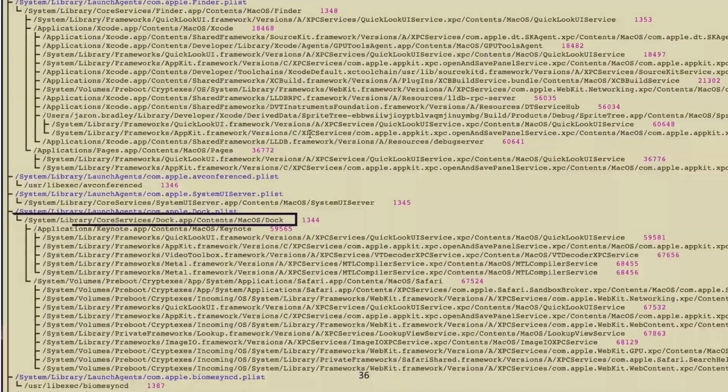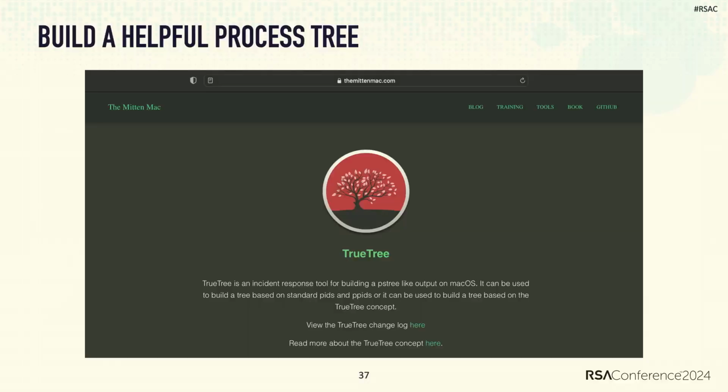If we scroll down a bit further, we can see that the dock at the bottom of my screen, the macOS dock, was responsible for opening both the Keynote application as well as Safari. So we're actually able to make these connections now and get an idea of what's going on. Again, that's TrueTree. It's a command line tool. It's like a one-time snapshot of your running processes, and then it connects all the dots for you. I put it together a few years back and maintain it. For those that want to use it for incident response, is where we found a lot of use out of it, and in general, just telling a better story.